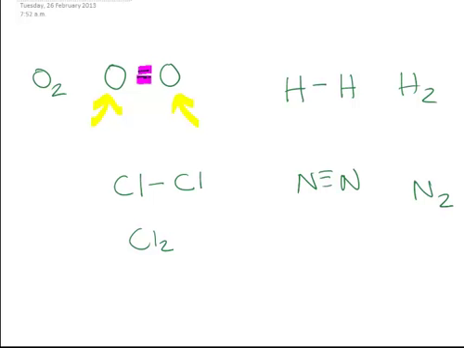It's really like two people of the same strength pulling on a rope in a tug of war. You get no movement. There's no movement of the electrons to either side because they're equally strong. So when the atoms are the same, as in each of these cases, the hydrogen, the nitrogen, the chlorine,